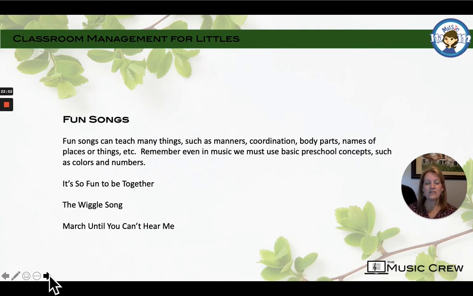That's just a fun little song. Sometimes I will do that in a whisper when we're having to line up to wait on a teacher. Maybe somebody's running a couple of minutes late. That is a good one for that. Now, there are a few others that I'm going to tell you about that are my favorites just really quickly.